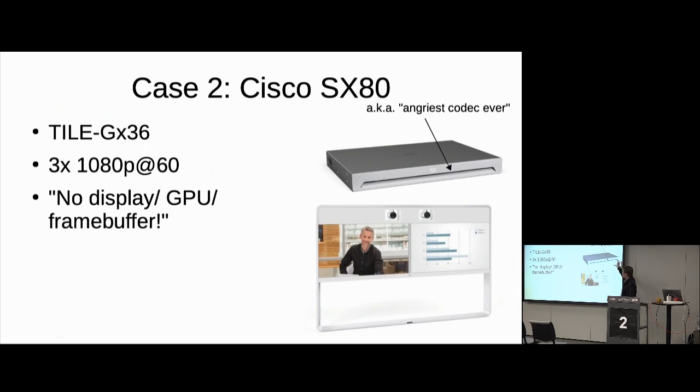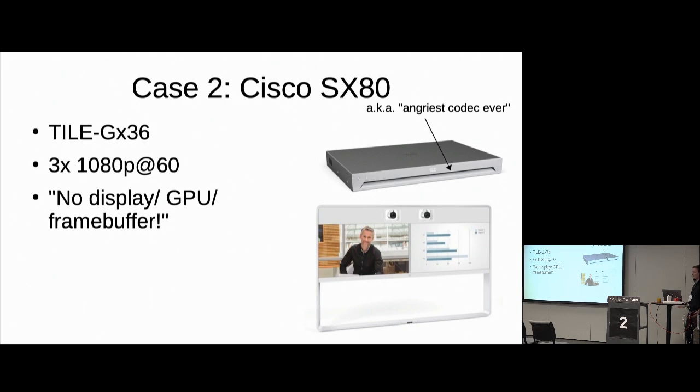And the issue with this one was that the hardware that was selected was a Tile GX36. And I don't know if anyone here has heard of Tilera. Facebook used them for data centers. It's a chip which is, at the time, 36 cores, which was unheard of at that time. But now, today, you could do 36 cores, just buy it off online for your desktop PC at home. But this was for an embedded chip. It was quite unheard of.